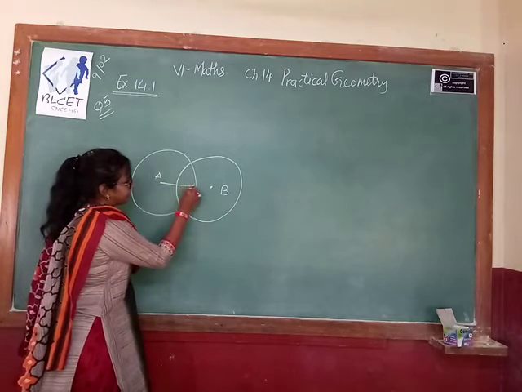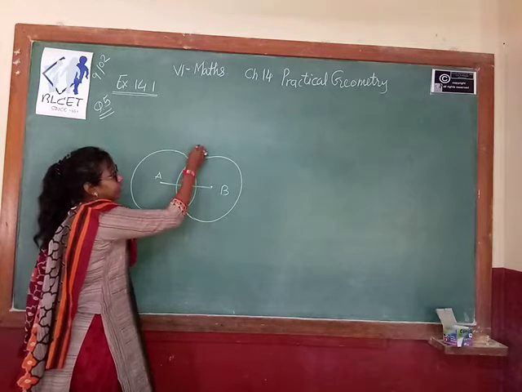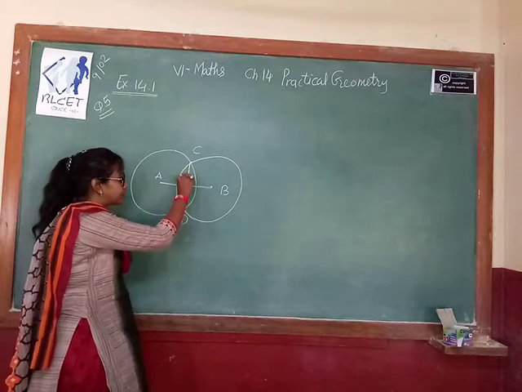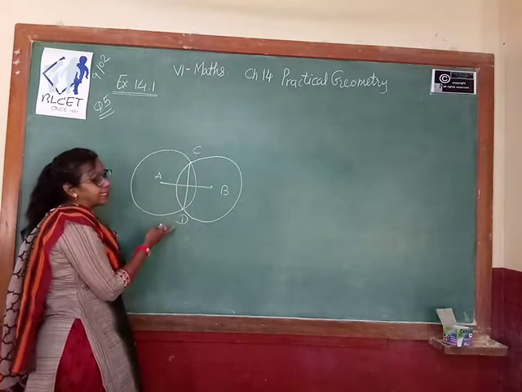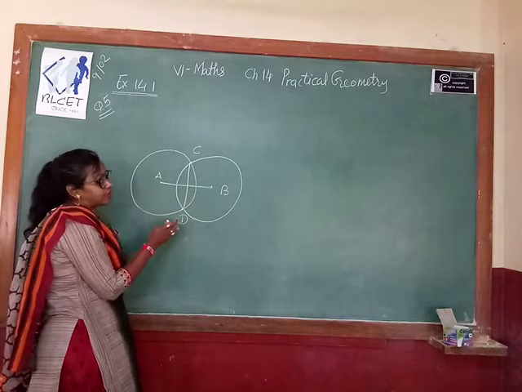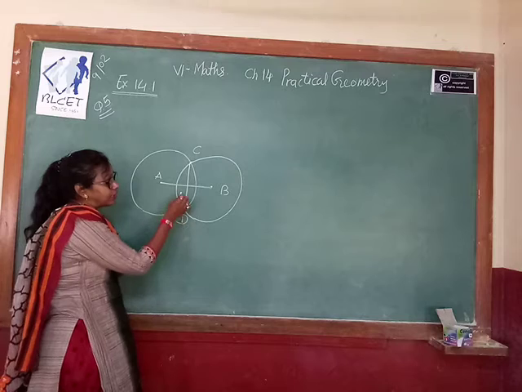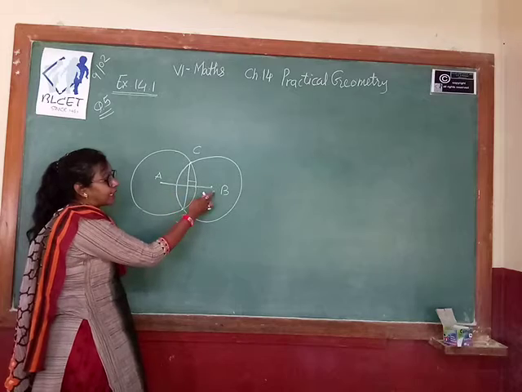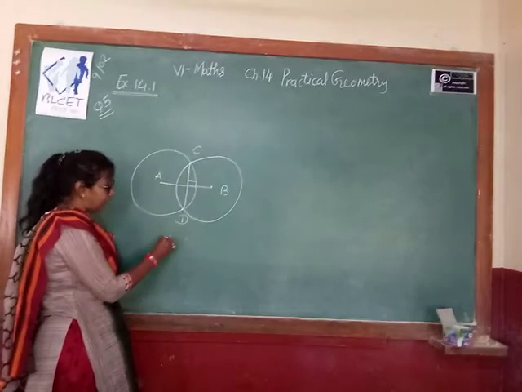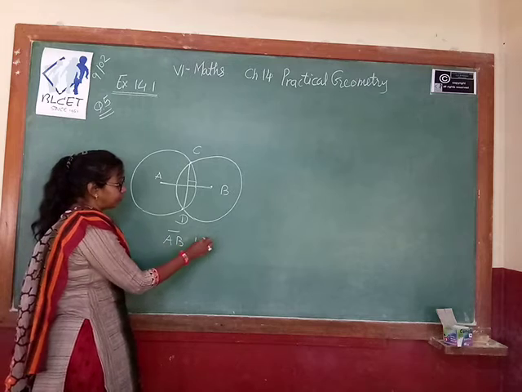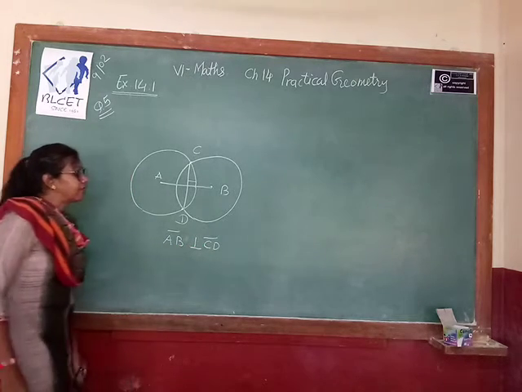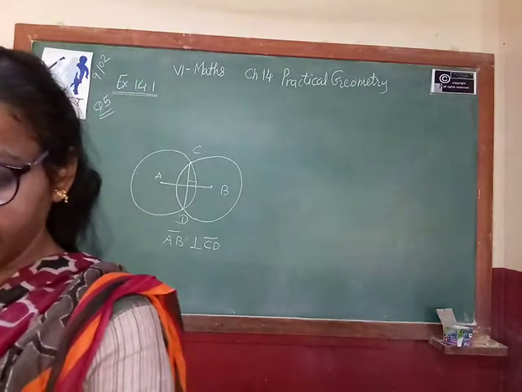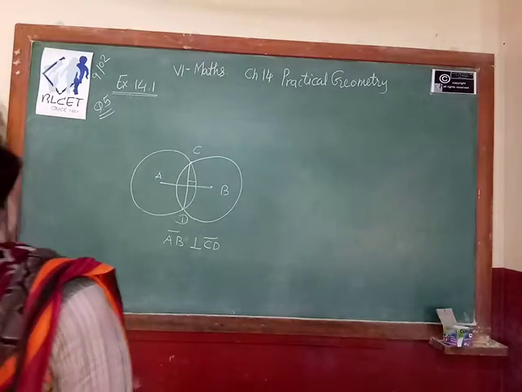Okay. Now we join these two points. Here we are getting the point C, and the intersecting point here is D. Now what we do? We draw a straight line and join C and D. We draw such a line segment so that it intersects AB at 90 degrees over here. This means line segment AB and line segment CD are perpendicular to each other. So this way we can draw the construction, or you can say find the answer for question number 5. So this is all about your exercise 14.1.